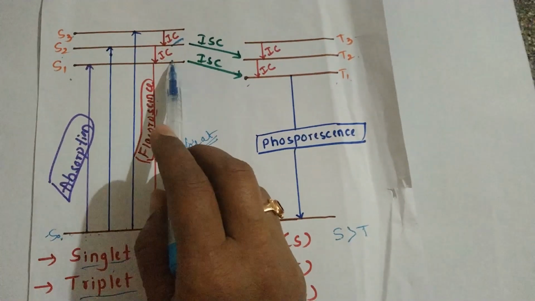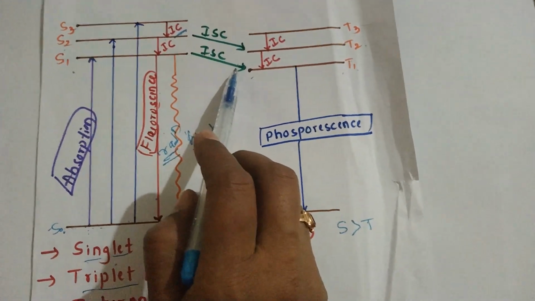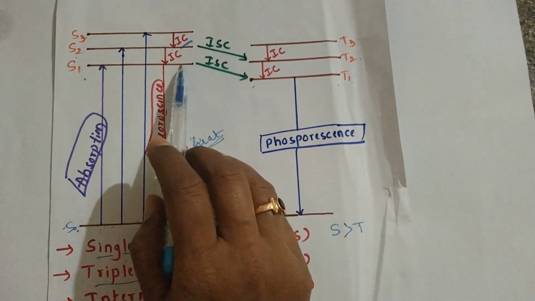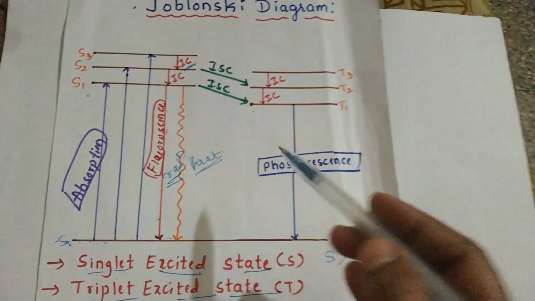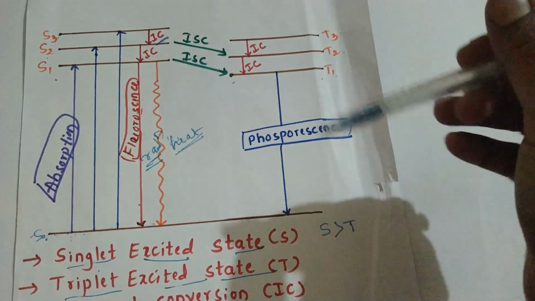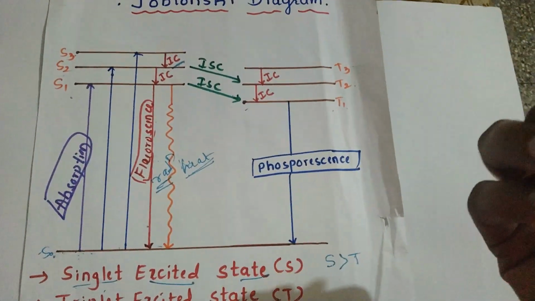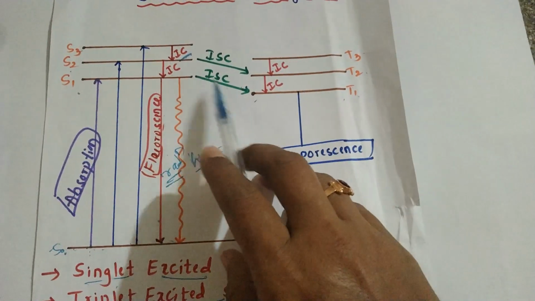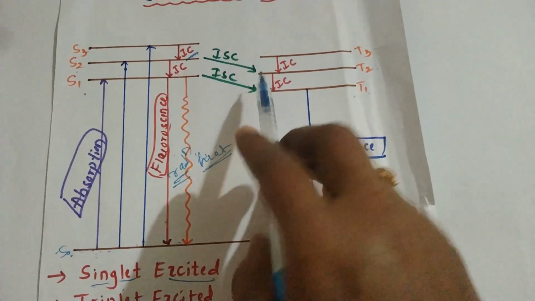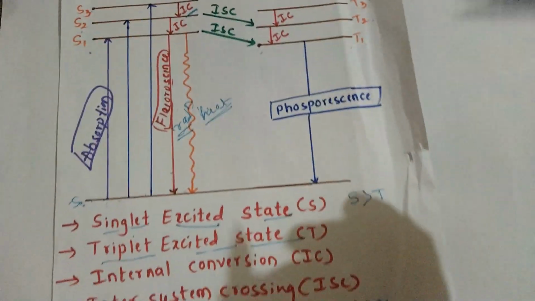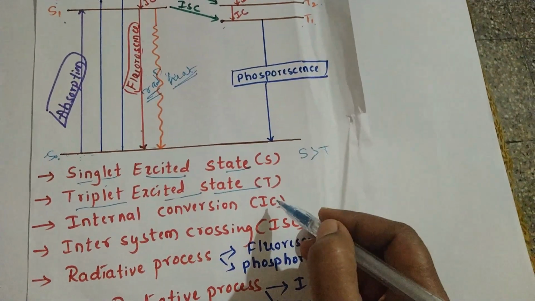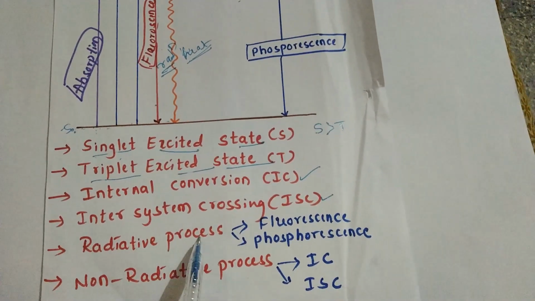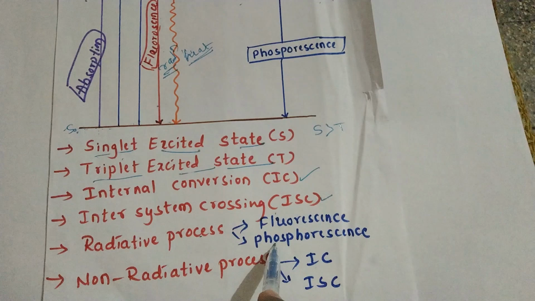Another, internal conversion and inter-system crossing. In the case of internal conversion as well as inter-system crossing, the electron returns from a higher energy level to a lower energy level by loss of energy in the form of heat, so these two processes are called non-radiative processes. So internal conversion and inter-system crossing are non-radiative, and as I have told you, fluorescence and phosphorescence are radiative processes,